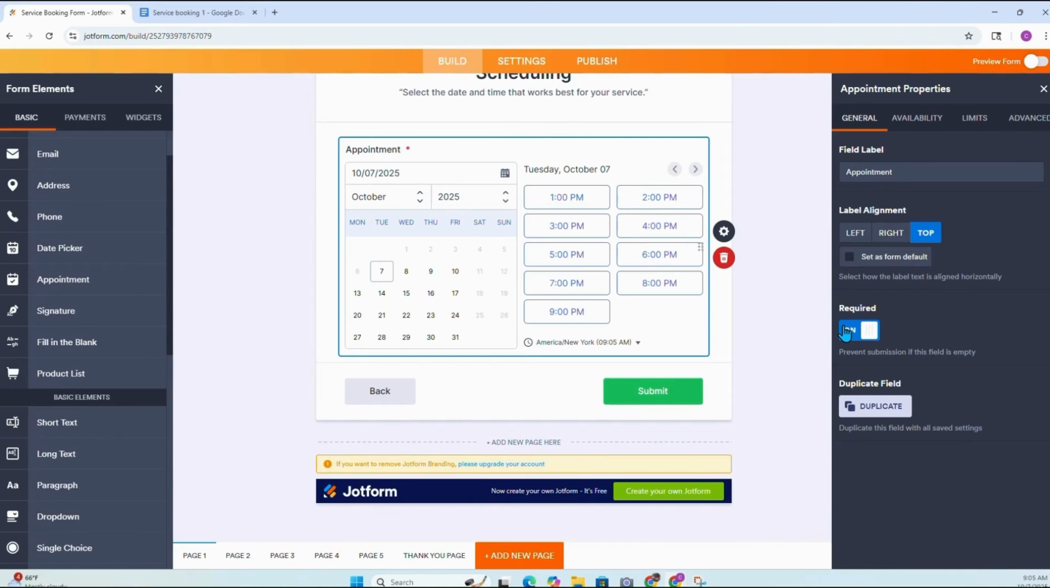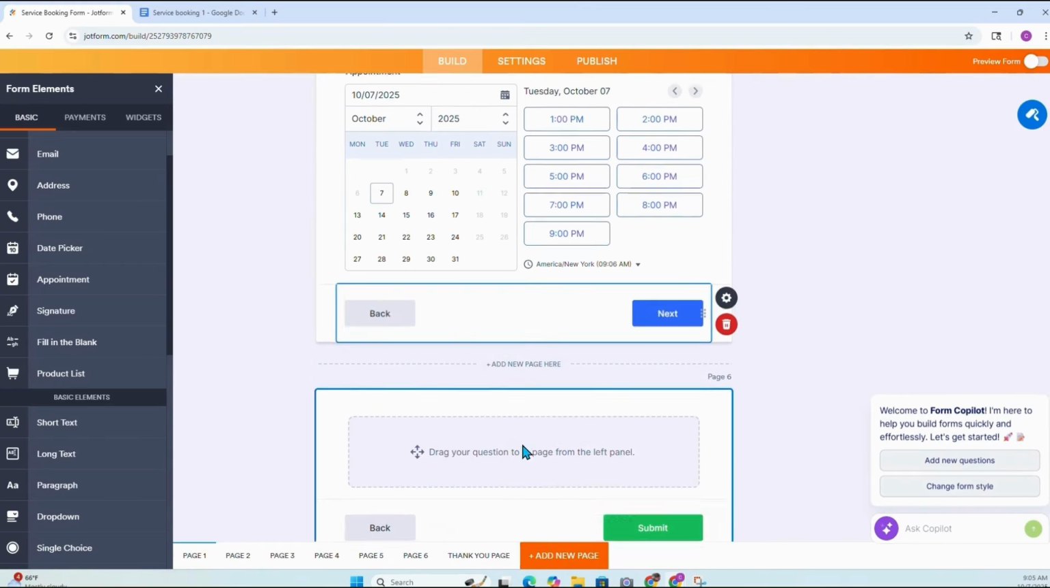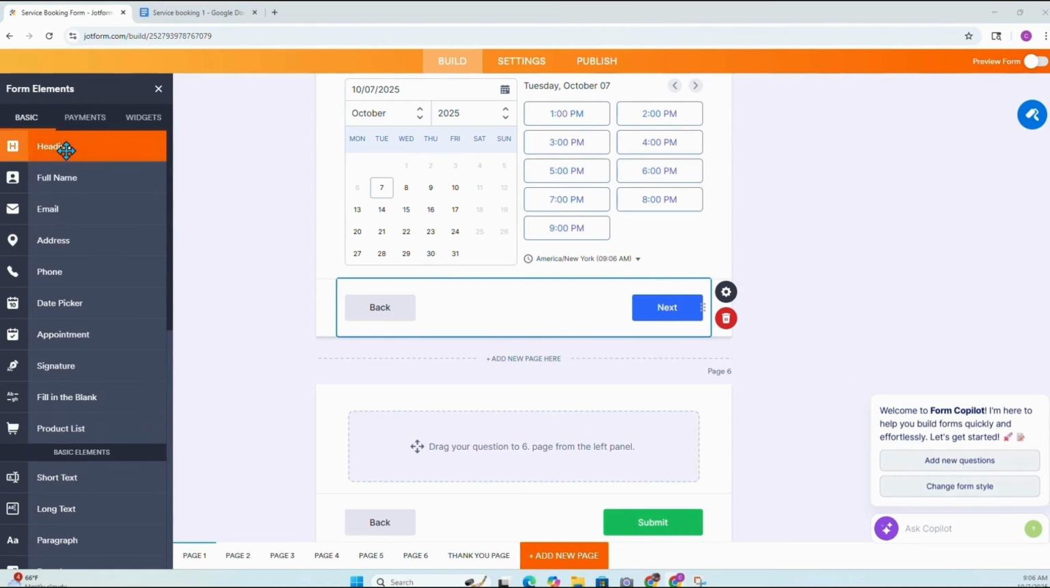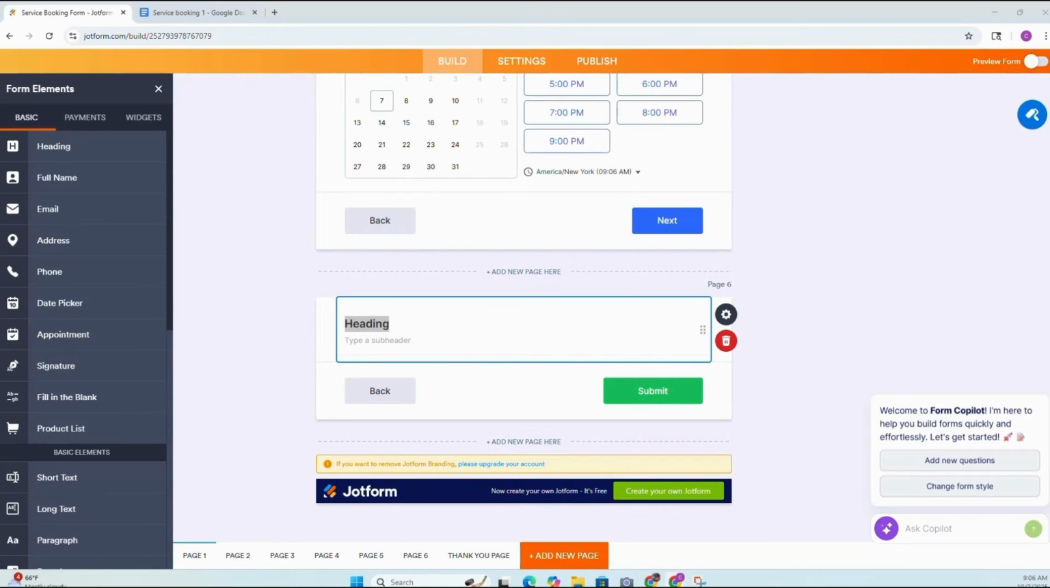Go back into general and make it required. Hit your X. And that's all for the scheduling section. Let's add a heading, new page, add a heading. Let's go into form elements, add a heading. And we're going to name this section service agreement and signatures. All right, so go get your subheading, paste it in,